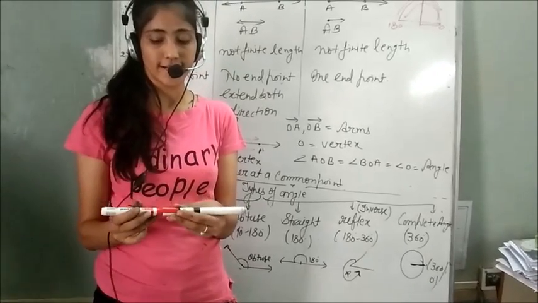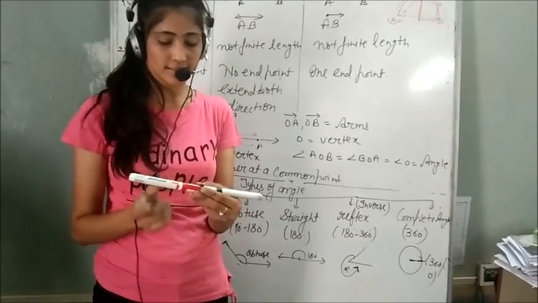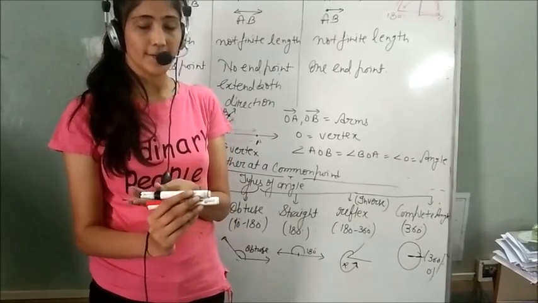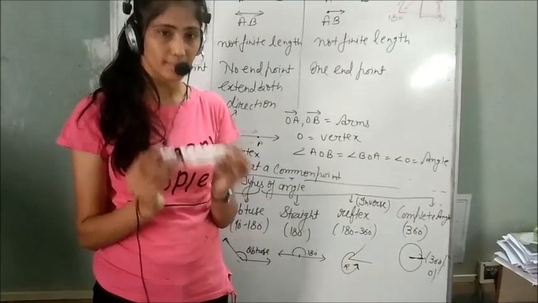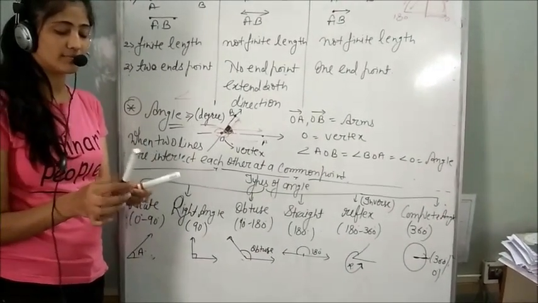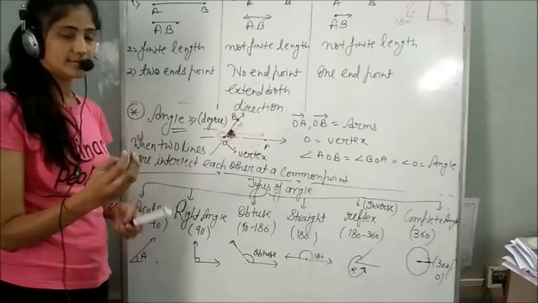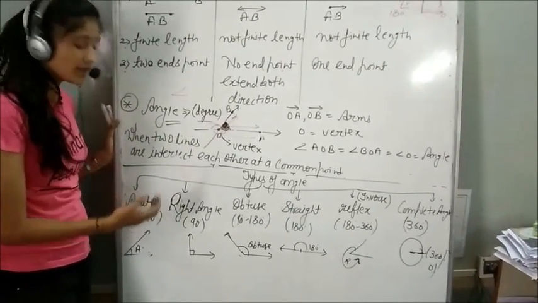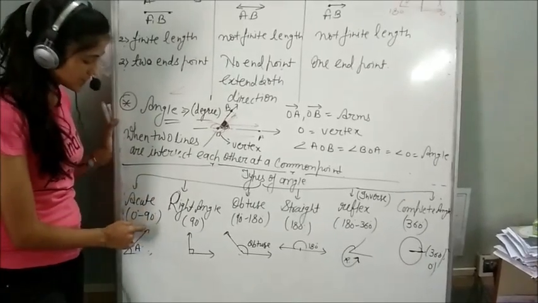That is the straight line. Inside that is a straight angle. And the back side too is the reflex angle. Whenever it completes one circle, that is called the complete angle. So between 0 and the right angle are the acute angles: 10 degree, 20, 65, 70, 75, 80, 85, even 89 is also an acute angle.